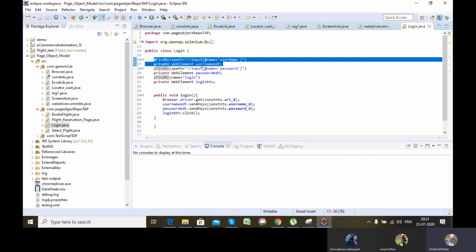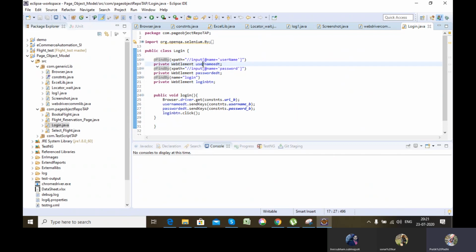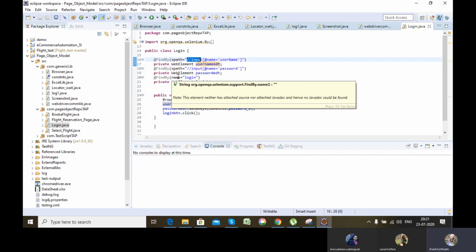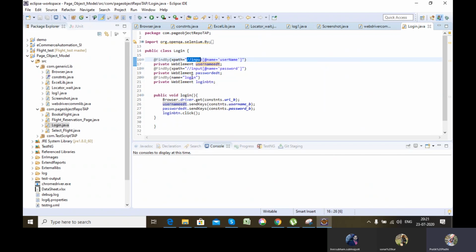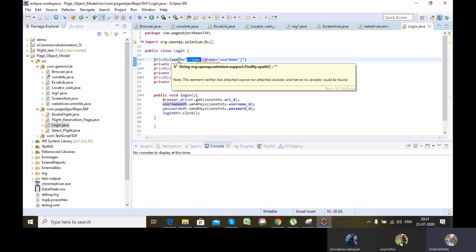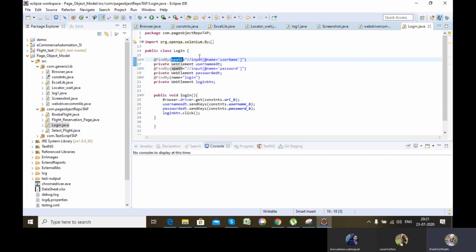So private WebElement, you have to give the web element name here which you want to access, the locator value, and the locator type like XPath or name. If you want by name, give the name attribute value. If you want to locate that web element by XPath, give XPath and its value, and give the variable name of that web element.